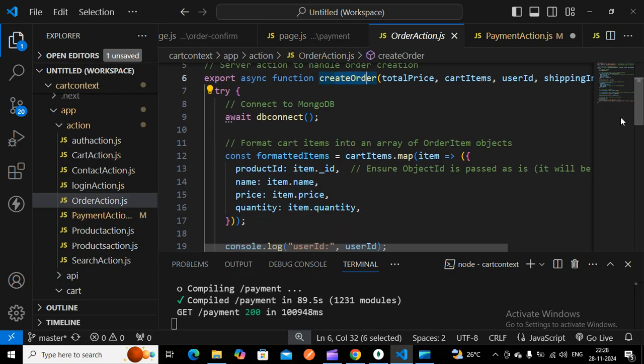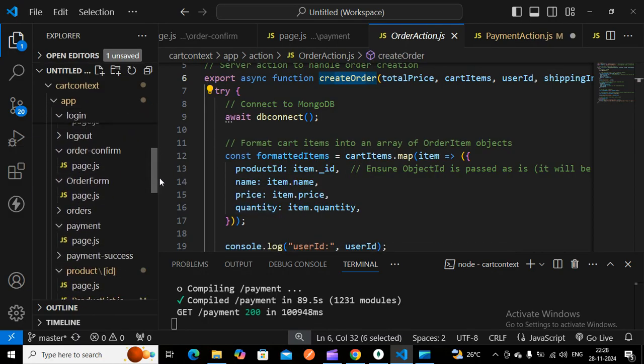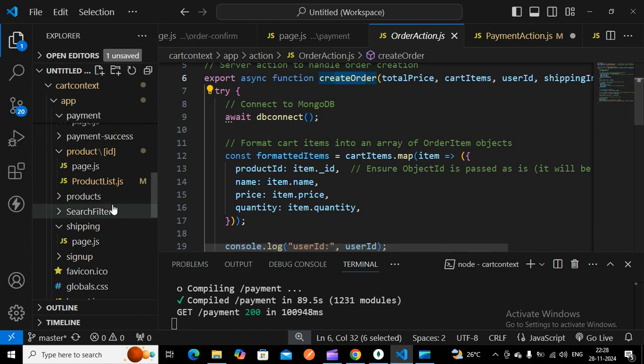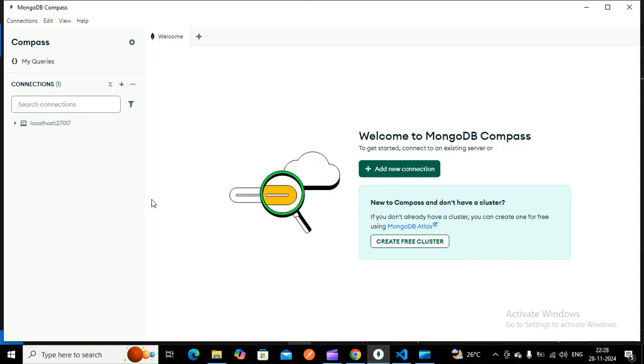Once we have passed this information, you connect with the db. In the cart item you have the product ID, name, price, and quantity. You can see these items in the order model. Wait, I'm just connecting with this.